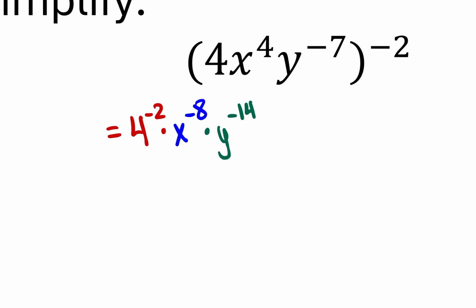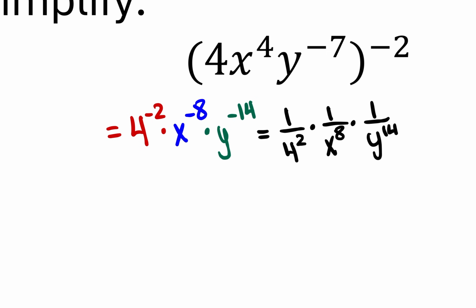And again, I cannot have negative exponents, so I will rewrite this to be 1 over 4 to the positive 2 times 1 over x to the positive 8 times 1 over y to the positive 14. And from there, I will then combine all the terms together. I have 1 for the numerator for all terms. 4 to the second power will give us positive 16. Then we have x to the